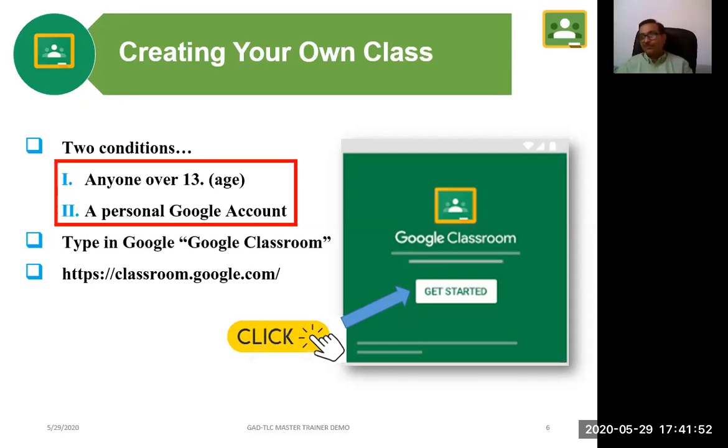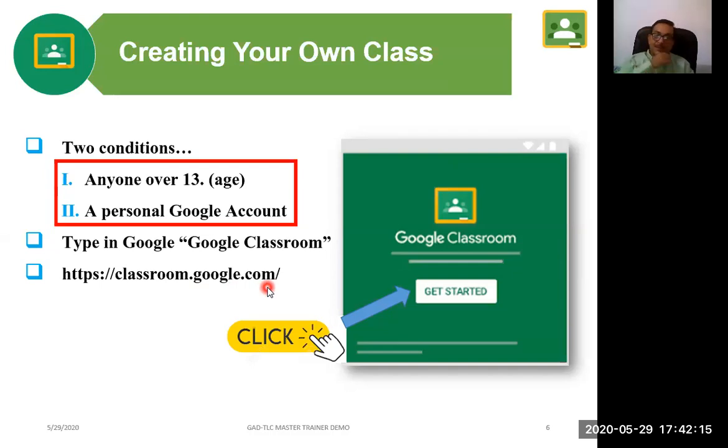To visit the website of Google Classroom, you have to type HTTPS, which is shown over here, https://classroom.google.com.